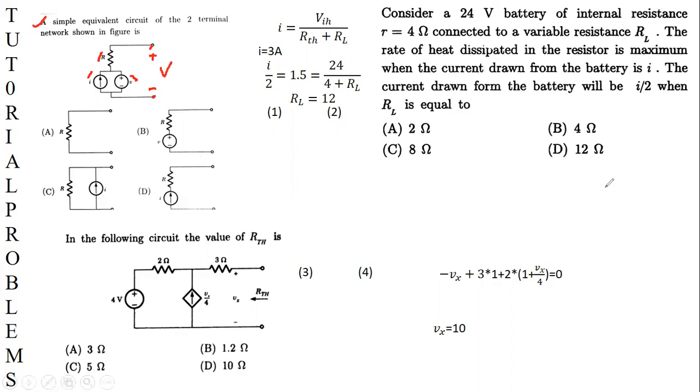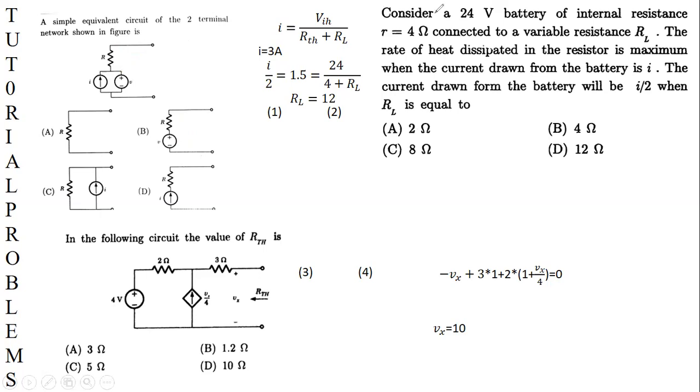Second, to calculate the resistance, this voltage source is open circuit, this voltage source is short circuit, while this current source is open circuit. The circuit has a path through the resistance R, so the equivalent resistance is R. In Thevenin theorem, the voltage source is always in series with the internal resistance, so B and R are represented in series. So option B is the correct option.